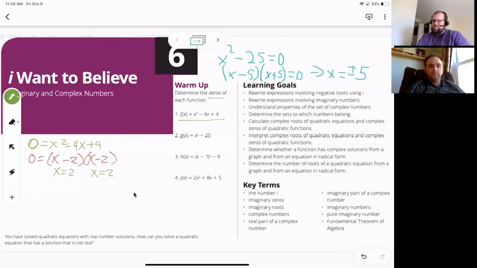The other fancy word we use for that is that it would have a multiplicity of 2, which makes